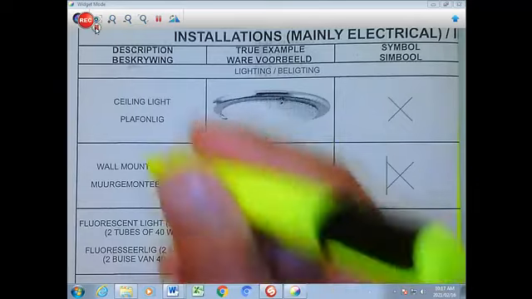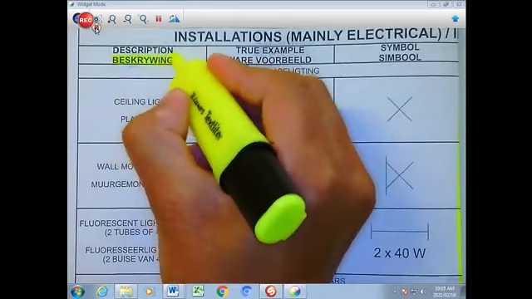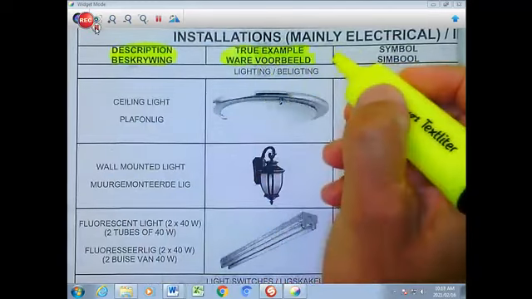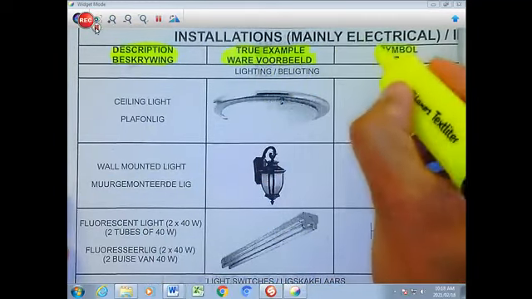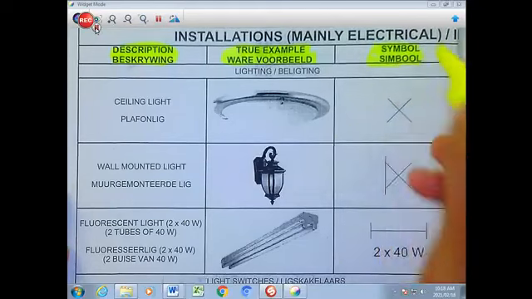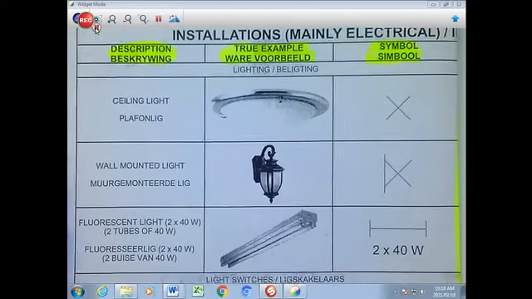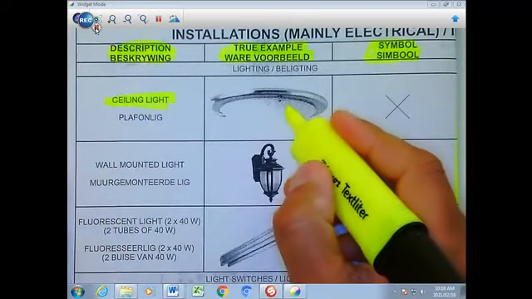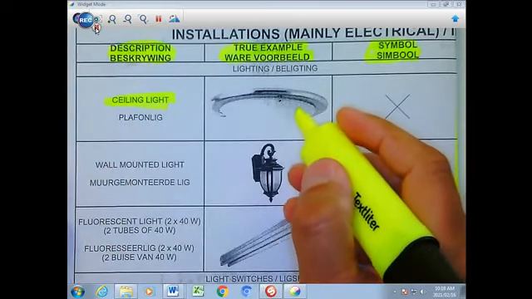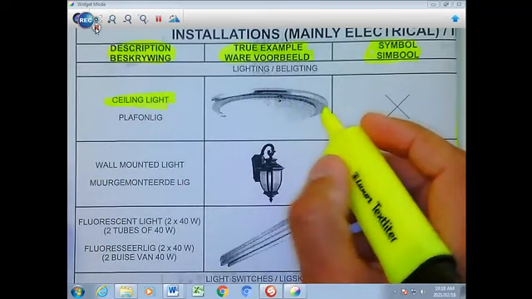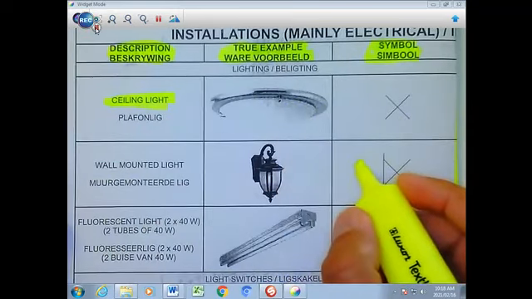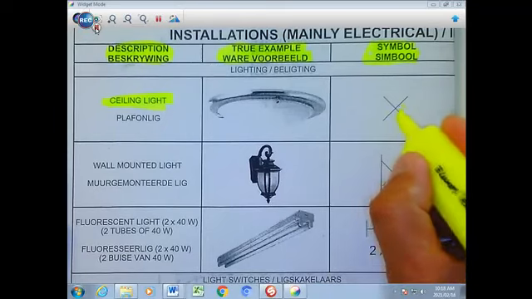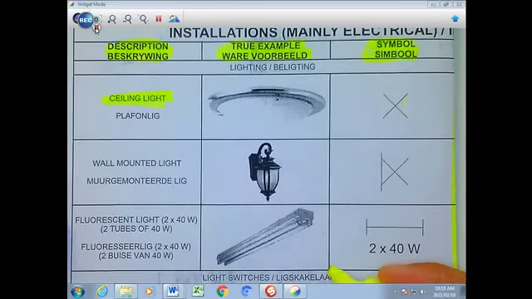So here you will have your description of what it is, and then you will have your true example of what it looks like in reality, and then you will have the symbol, and the symbol is the important part that we need to know. So we're looking at a ceiling light. A ceiling light is a normal light that's in your bedroom, or in all bedrooms you will find a ceiling light. It's mounted to the ceiling, and that is the symbol for a ceiling light that we have there,